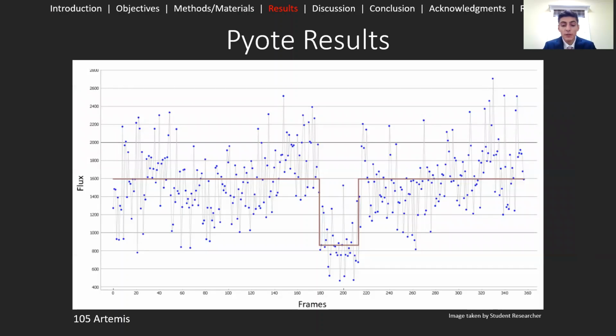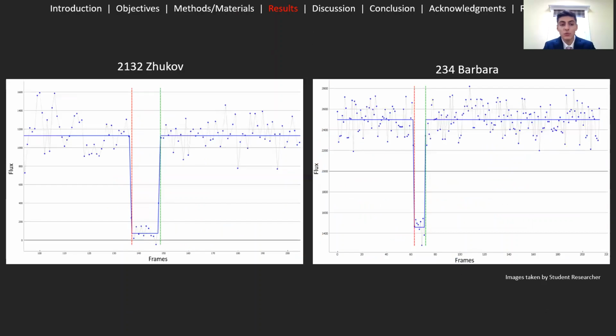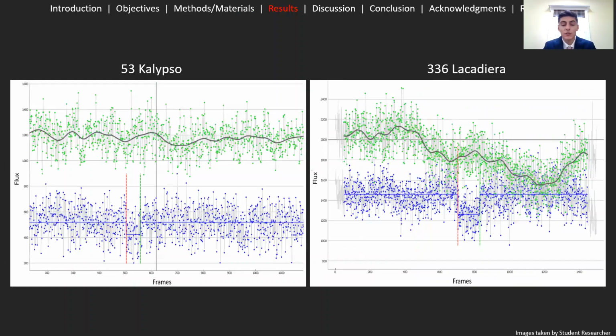PyOTE then creates a flux by frame graph clearly showing the asteroidal occultation and the magnitude drop seen here in the center of this image. Now, due to very clear sky conditions, this asteroidal occultation had a very clear magnitude drop. The same was true for asteroids 2132 Zhukov and 234 Barbara, both of which had very clear sky conditions leading to very clear occultations. But for asteroid 53 Calypso and 336 Lacadia, that was not the case, as there was a lot of haze and a bright moon in the night sky, making there a lot of noise in the